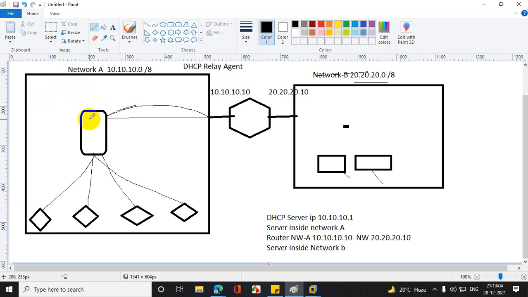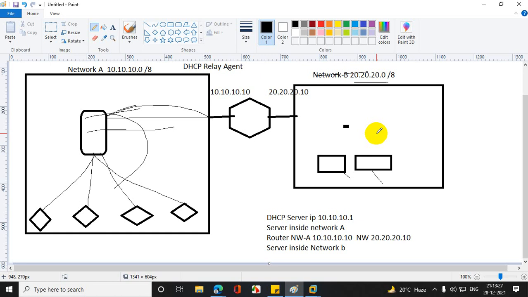I can create scope A and scope B both here. Scope A will work here, scope B will go for the other. But the thing is that as the DHCP server sends these packets on a broadcast basis, it will not work on different domains. Why?